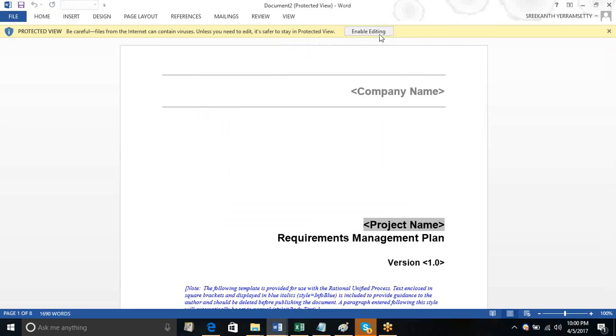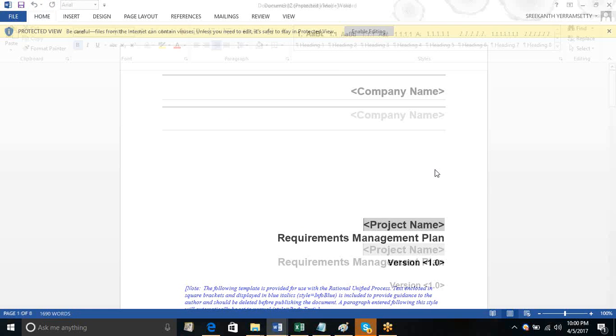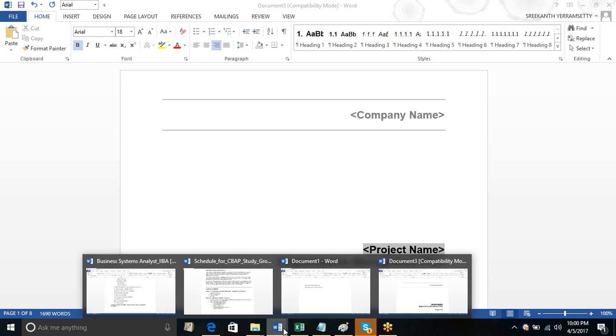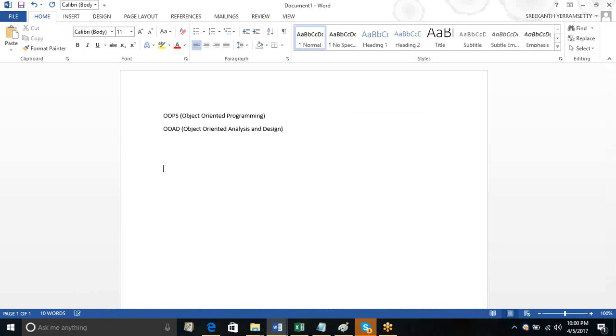So this is the template for requirements management plan. Since I was a champion of RUP, Rational Unified Process, just like your waterfall model, RUP has something called these 3 or 4 phases: Inception, elaboration, construction, transition. And each of these 4 phases could be